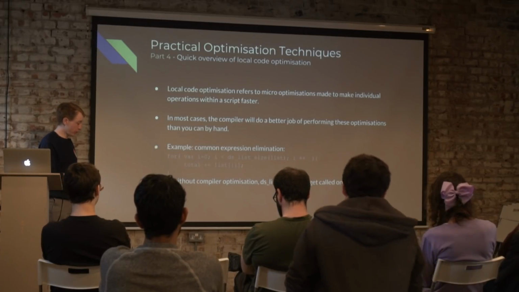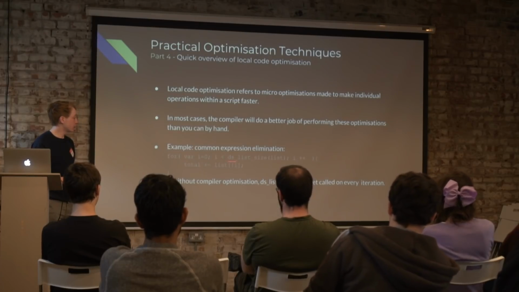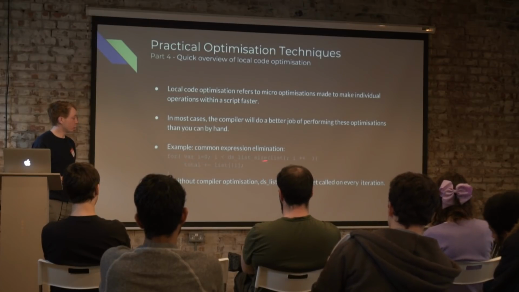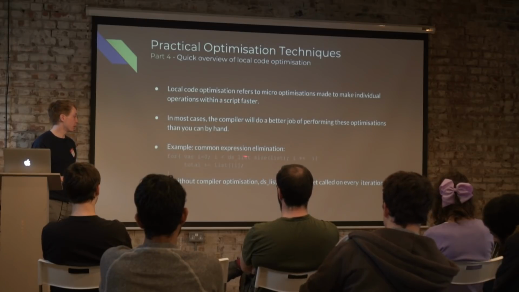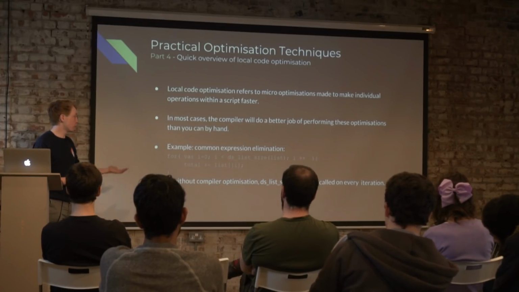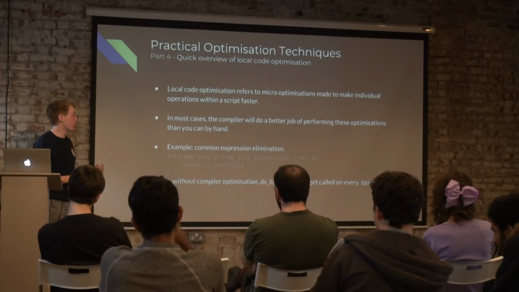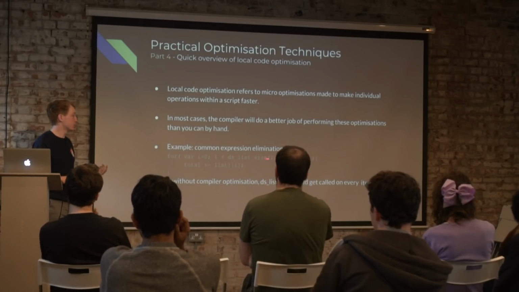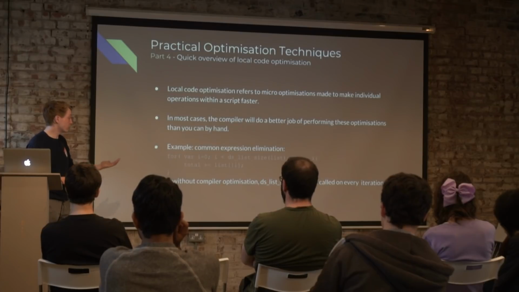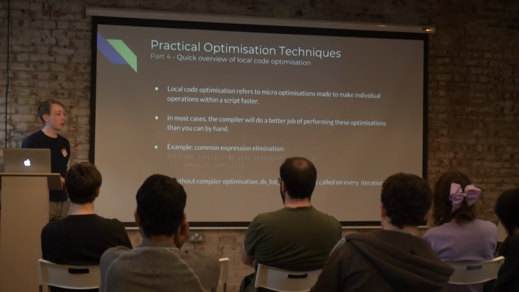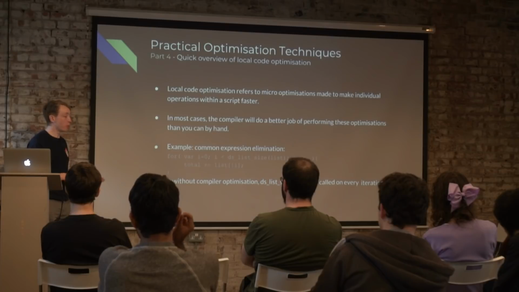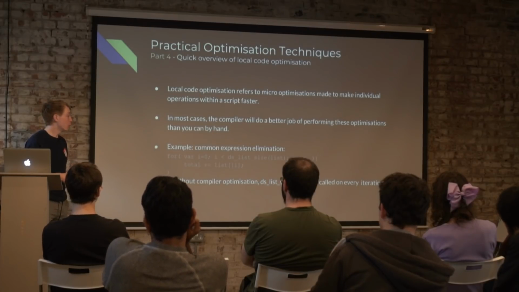So the example here would be if you've got this bit of code and you're looping over, every time you run this loop, this condition, whether I is smaller than the size of the list, is checked. What we've got here is an actual function that returns the size of a list. And assuming that the list, like in this example, isn't changing size, we don't necessarily need to calculate and fetch this size every single iteration of the loop. We can hoist this out and just run it once and replace this with a size variable. And as far as processing goes, for an algorithm like this, which is really simple, that could probably double or triple the performance of that whole bit of code. But at the same time,